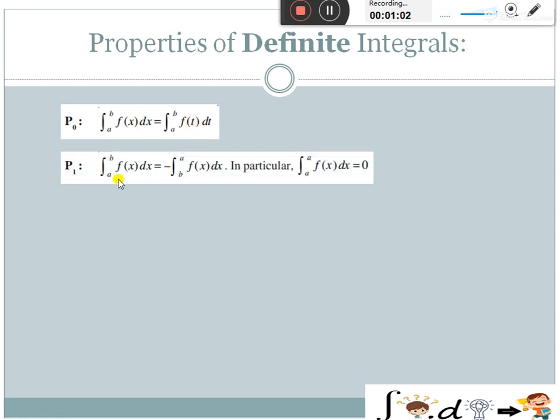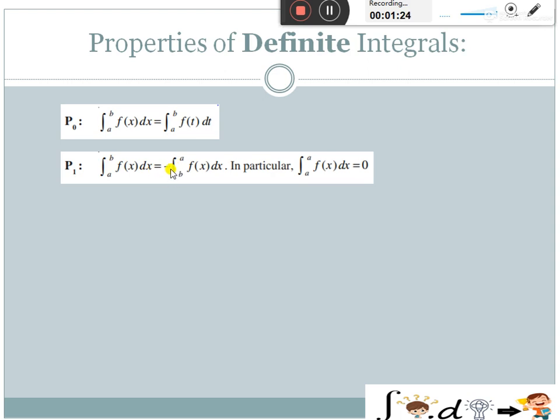And now we have integral a to b fx dx is equal to minus integral b to a fx dx. This is the P1 property. That means in this case we have to interchange the limits. When we interchange the limits, that means upper into lower and lower into upper, then we have a